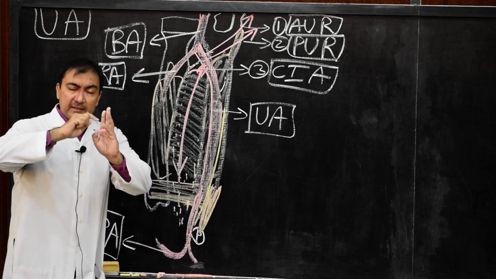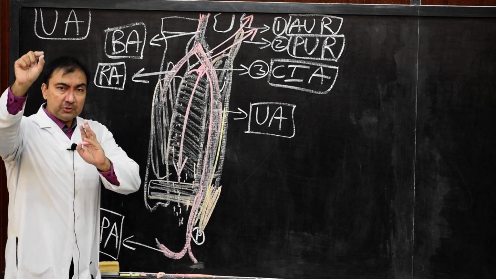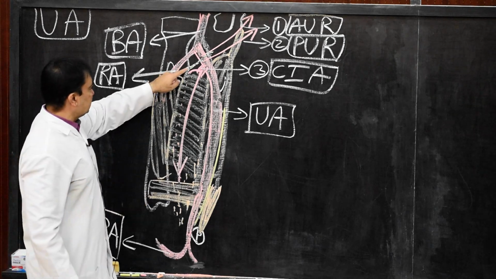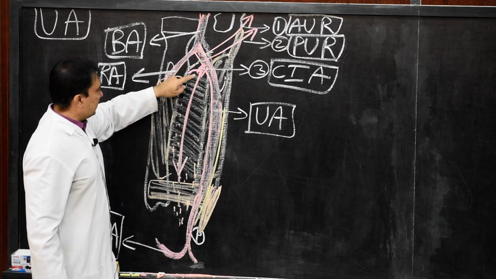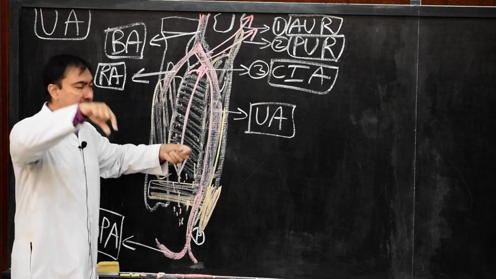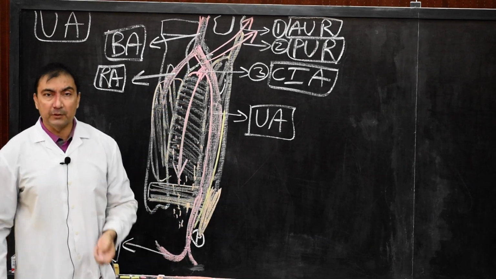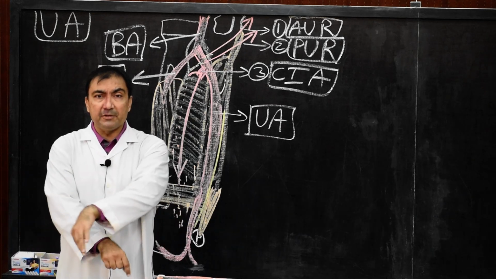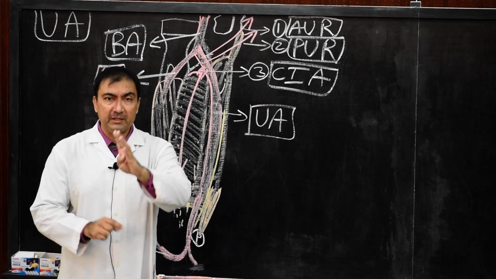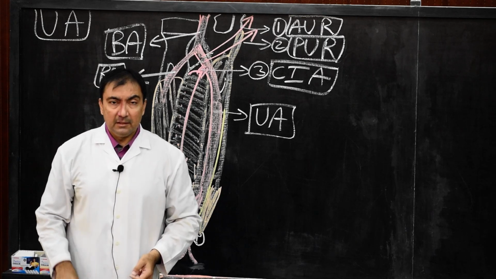It is connecting the area below the radial tuberosity on the radius bone with the ulnar tuberosity on the ulna. So this is the oblique cord. Between the upper border of the interosseous membrane and the oblique cord there is a space. Through that gap, the posterior interosseous artery will pass posteriorly in the forearm. So it will travel posterior to the interosseous membrane in the extensor compartment of the forearm. That is the posterior interosseous artery.